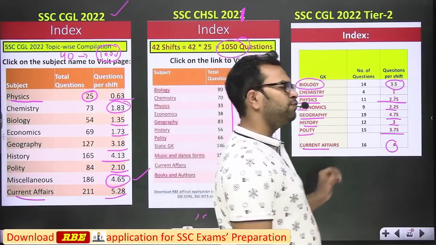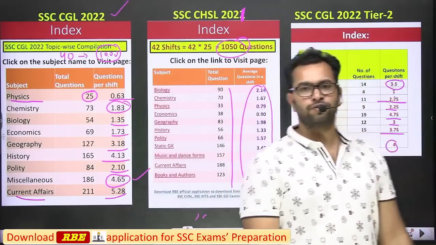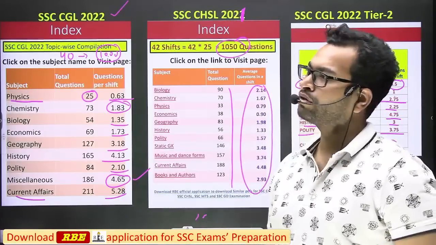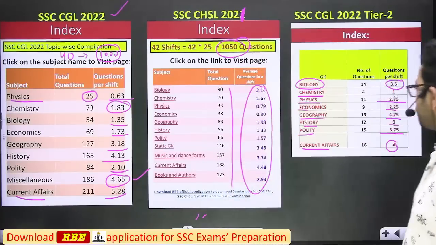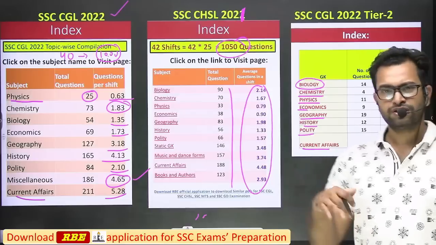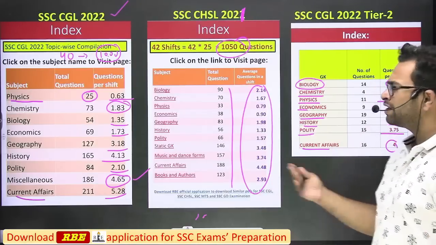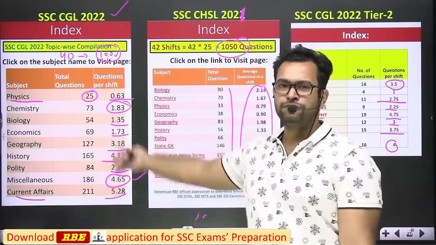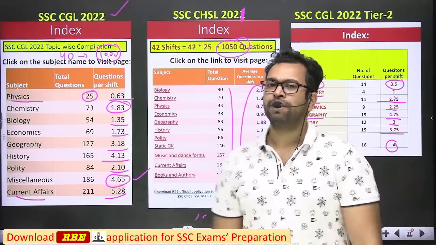There were very few questions or almost no questions from static miscellaneous part. Even art and culture questions were not enough, right? So this may change in future. Just take a reference. Even for tier 1 examination, if you don't prepare 1 or 2 subjects of GK, then also it won't impact much.